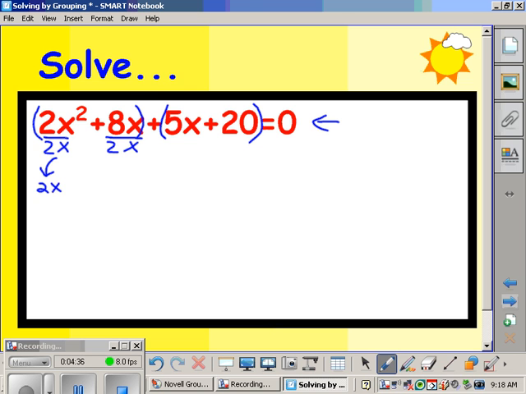We will drop this down, and then we will see what remains. So 2x squared divided by 2x, when we subtract the exponents of the x's, leaves us with an x. 8 divided by 2 is 4, and then the x's cancel. For this,